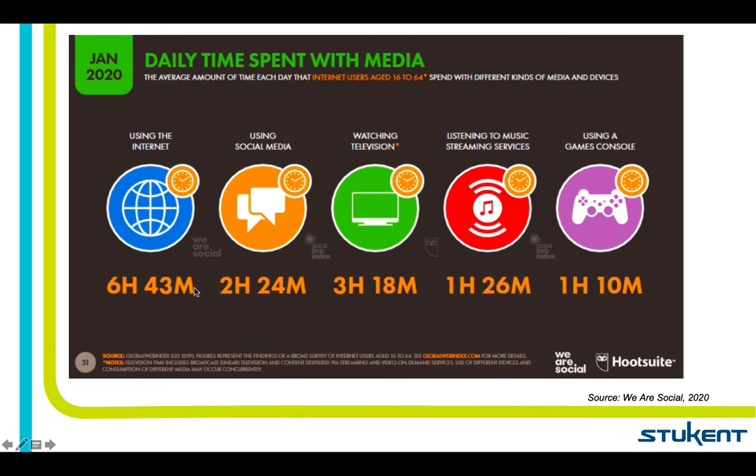So think about how much time you spend on social media every day. The average person, based on these stats from 2020, spends about 2.5 hours every day, which equates to about 1/7 of your waking life. So I'll be interested to see what you calculate based on your own usage.